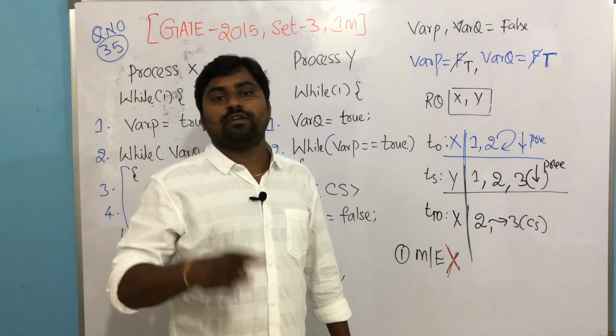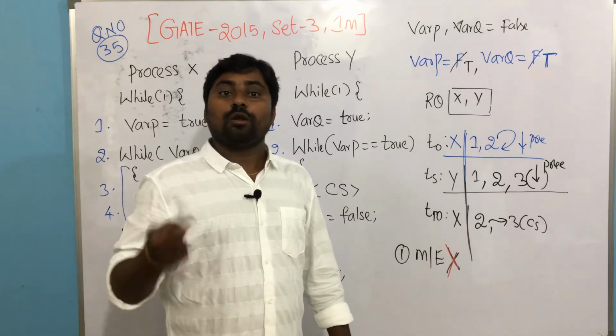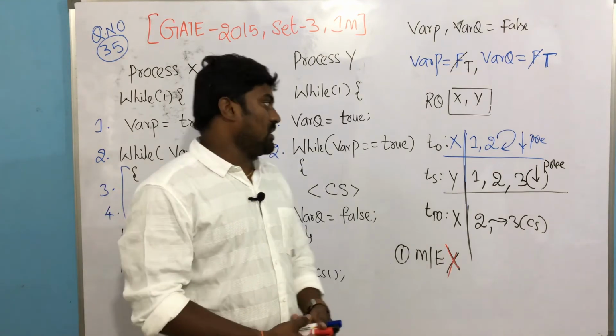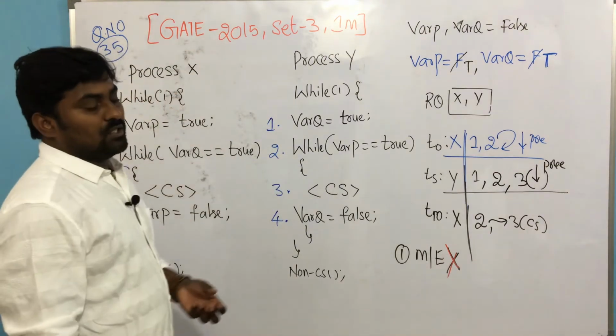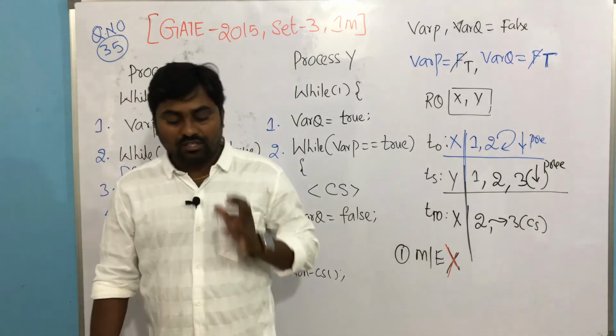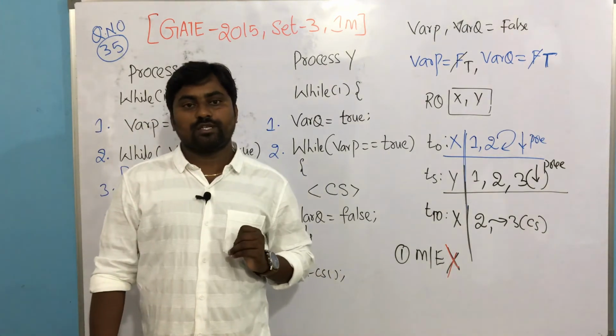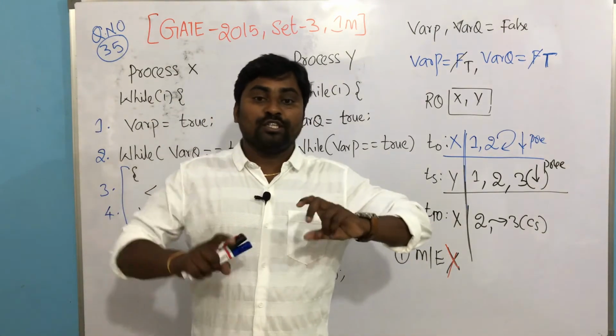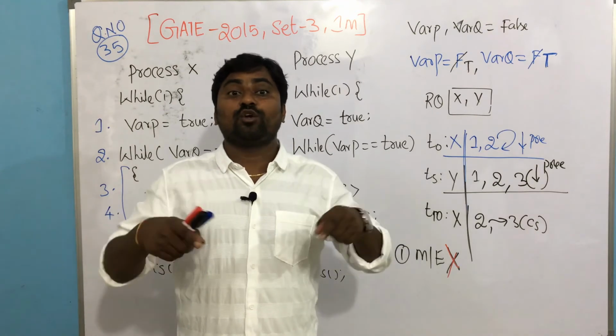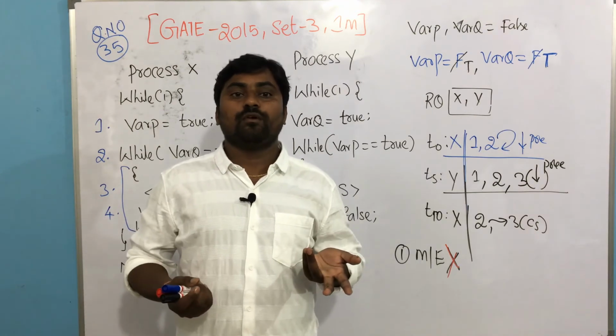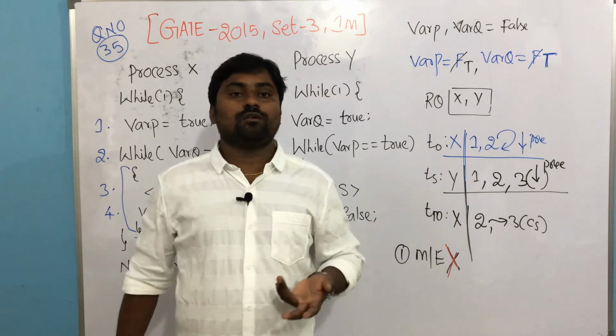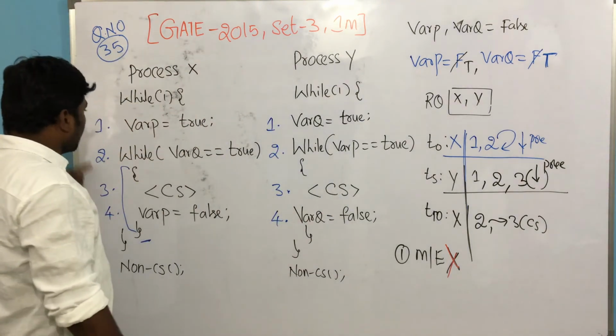Now we should think about whether it is leading to deadlock or preventing the deadlock. Please do understand how deadlock will arise. The deadlock definitions we will observe clearly later, but please understand, whenever the processes go into infinite waiting to enter the critical section, both of them, then that leads to deadlock. See, here it is infinitely checking.